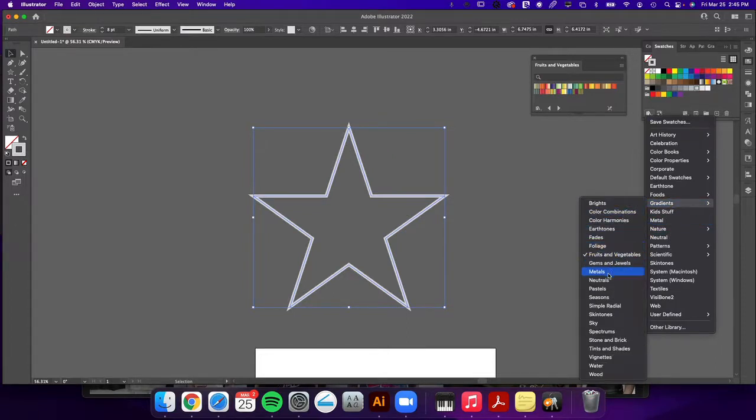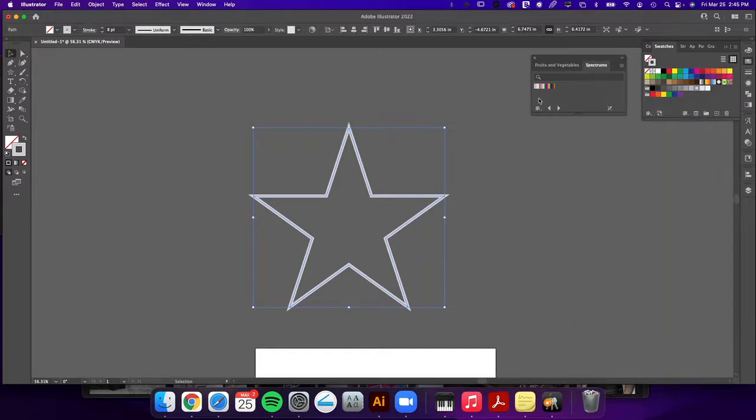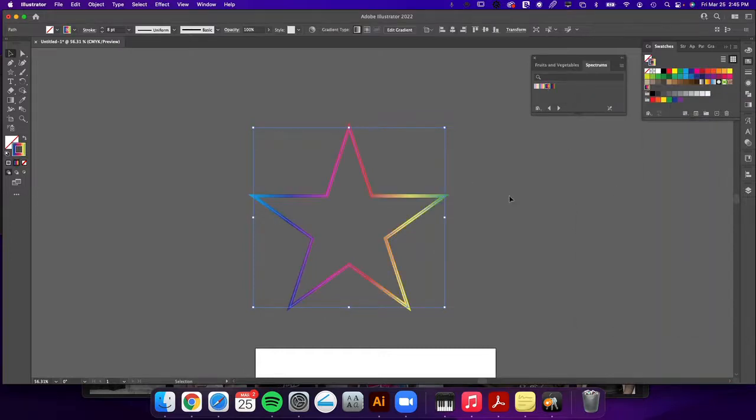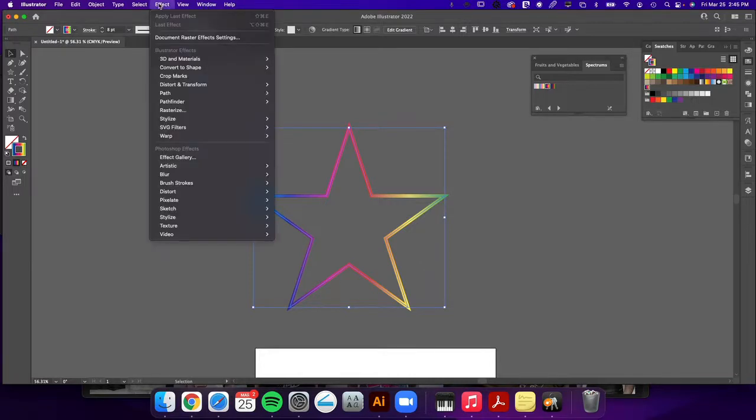Gradients. I'm going to go with spectrums. There we go. So then we have some rainbow type stuff going on. There we go. Okay, so now I have my colorful outline of a star, and I'm going to go to